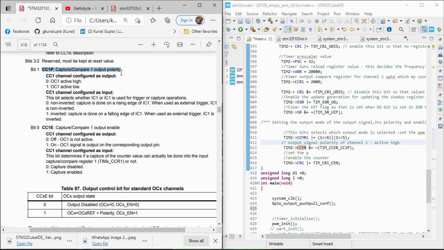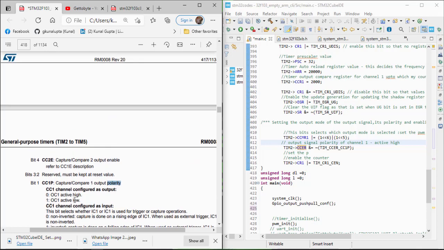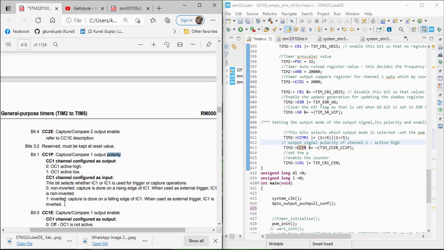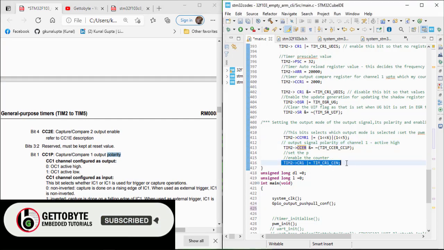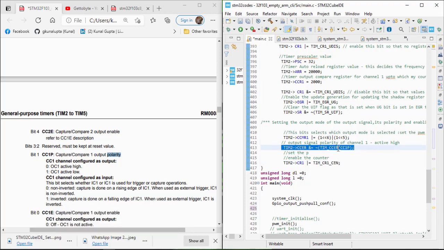As our channel is configured as output, OC1 is set as active low or active high. Here I have assigned active high, so set CC1P to 0, so OC1 is active high when our compare match happens.